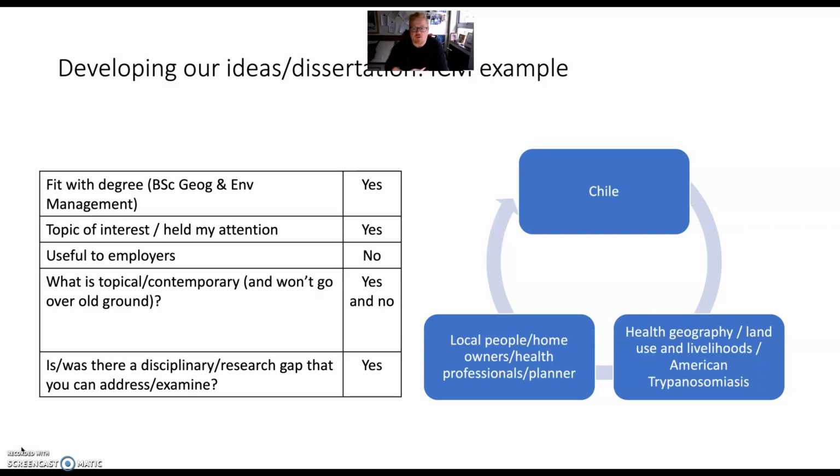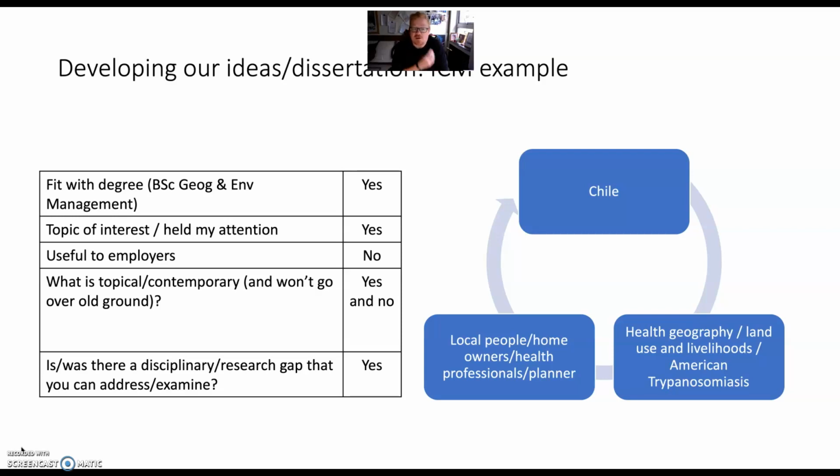I did my field work the summer before, so I wrote this project for about 12 to 15 months, and I really enjoyed it. I really enjoyed developing these ideas further. Was it useful for me in terms of employment? No, not at all, because I don't do health geography now, except a little bit, but it did provide me with some of the skills in terms of research, in terms of planning and logistics to go and do something, which have been helpful in projects further on.